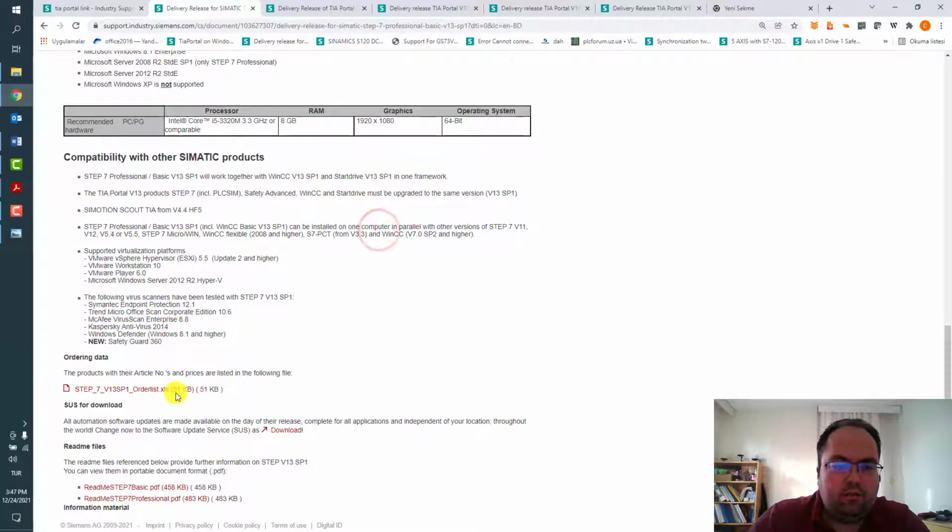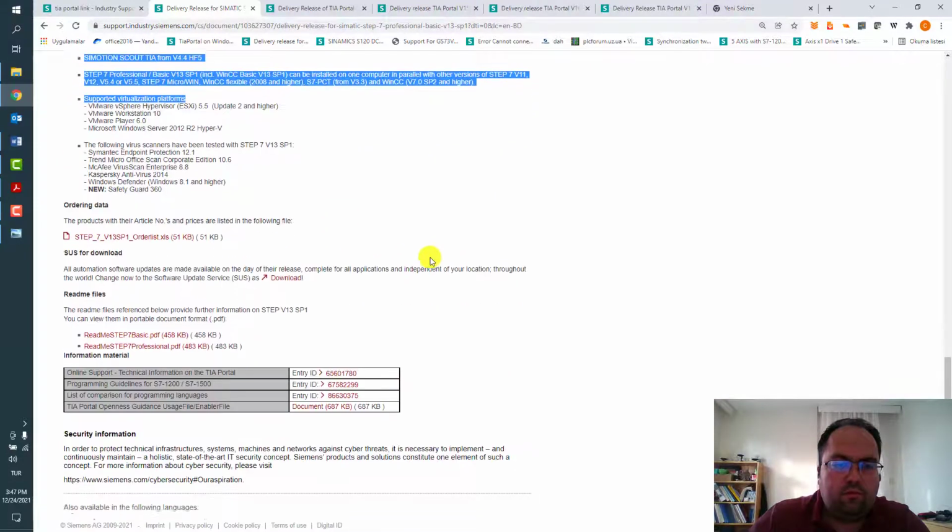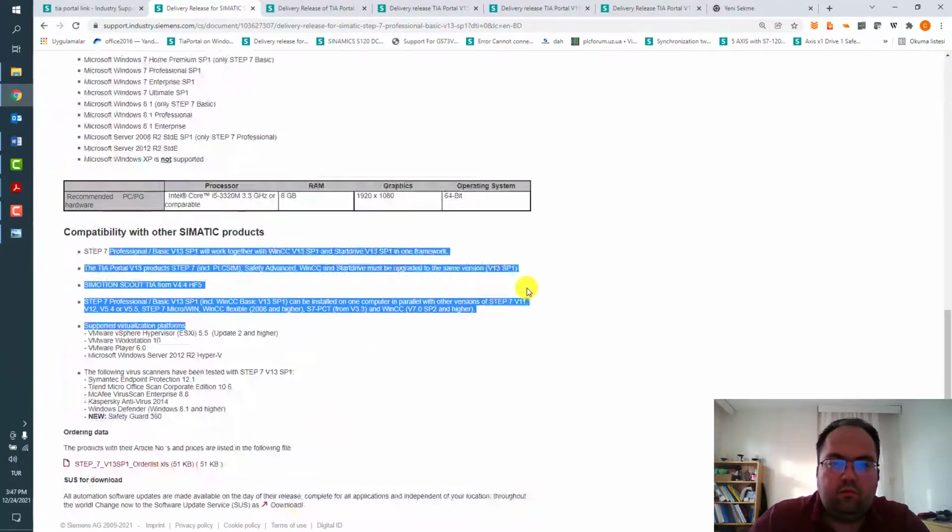And there is an order list document and compatibility with other Simatic products, versioning and supported virtualization platforms, these kinds of information.